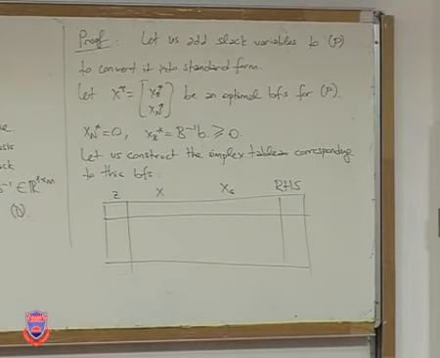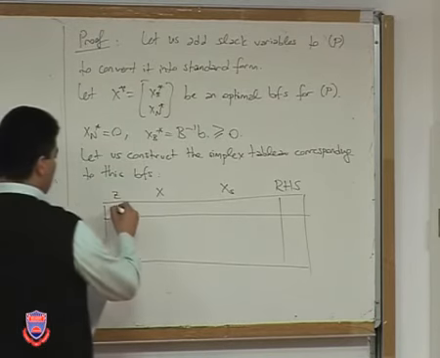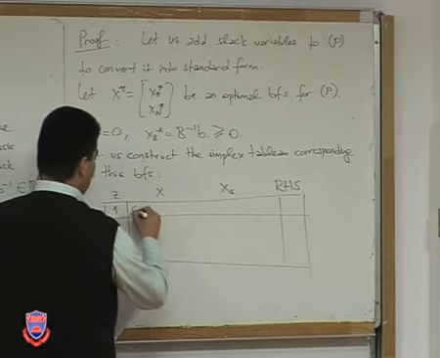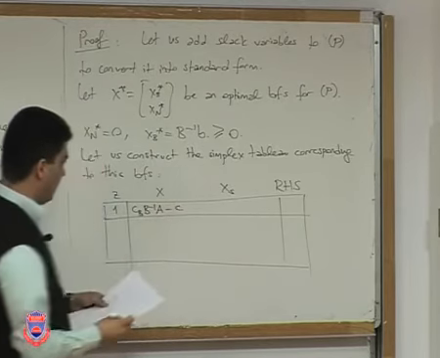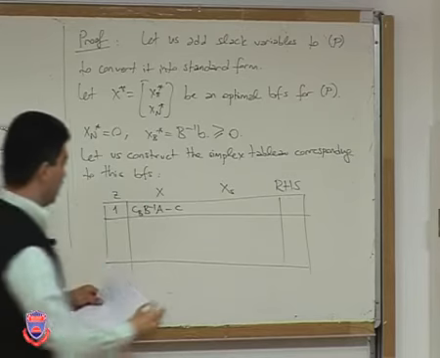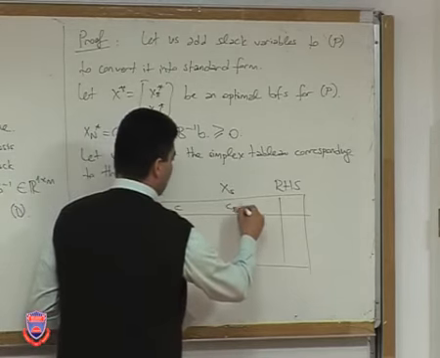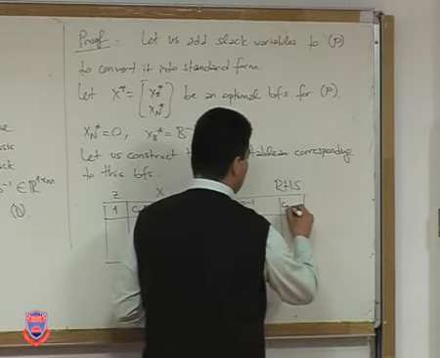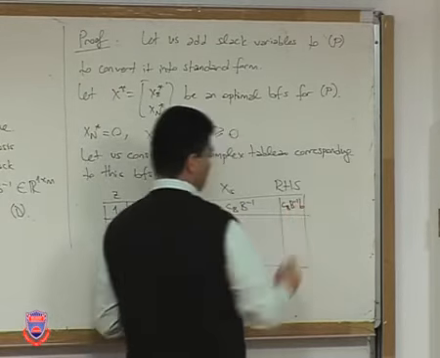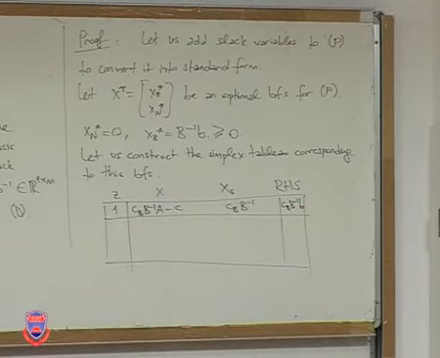Well, since we derived this already, I'm not going to go through the details, but we know that the simplex tableau essentially looks like the following. So I have one here. Here I have CB times B inverse times A minus C as the row zero coefficients of the original variables. Here I have CB times B inverse. And the right-hand side is given by CB times B inverse times little b. Okay, so these are the row zero coefficients.